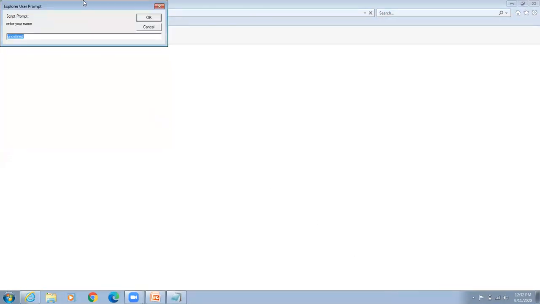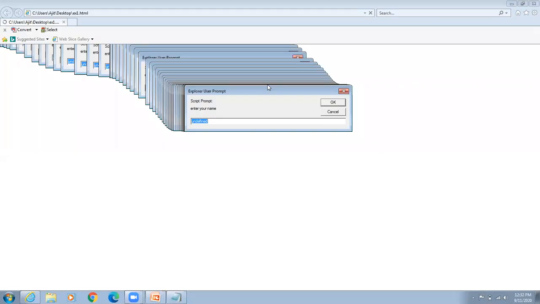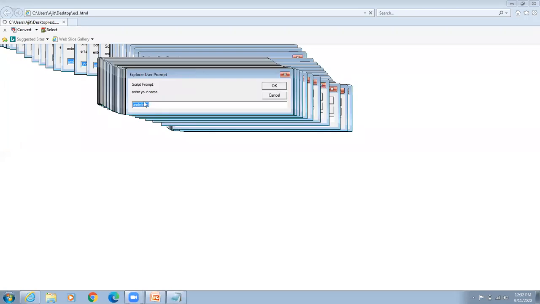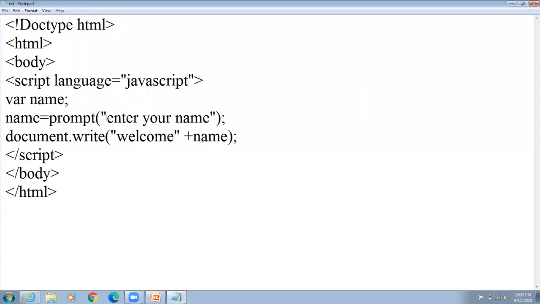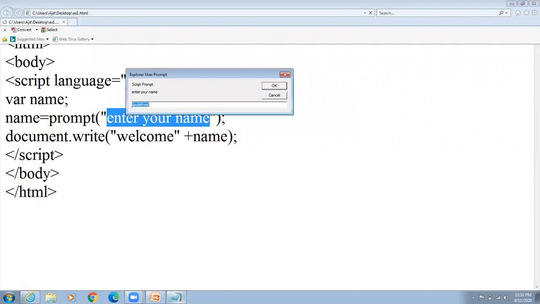See here, it is called a prompt box. This is a prompt box, and here it says enter your name. Why this enter your name? Because in the prompt box I have written enter your name.